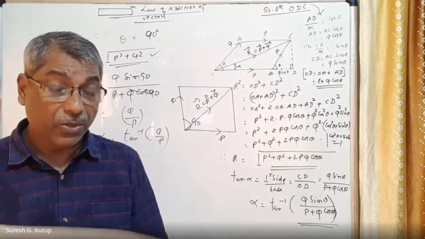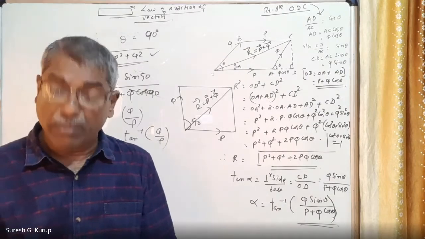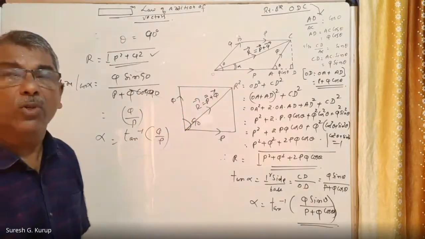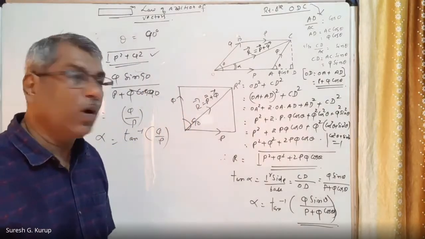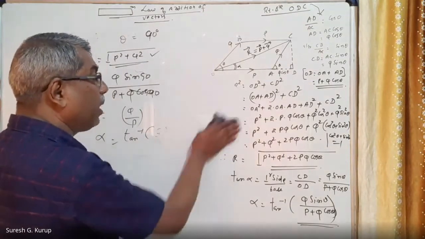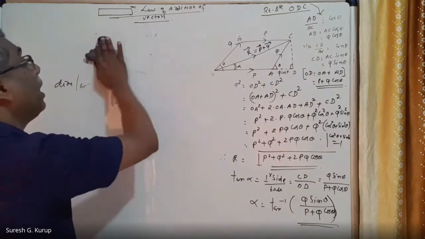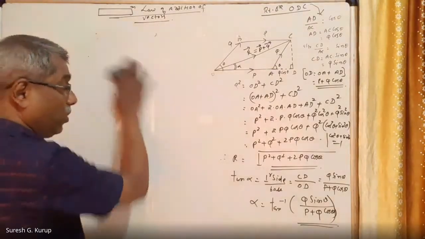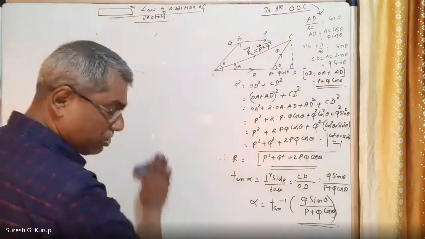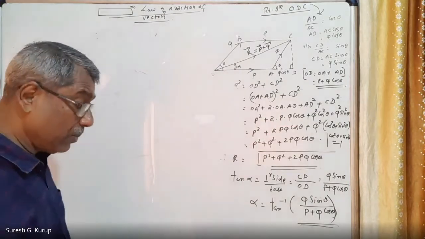Okay. So that also done. Next, if the two vectors are equal in magnitude, that means the two vectors P and Q have the same magnitudes, then what will be the condition? That also we'll see. So this is what you call the parallelogram law of addition of vectors, explained very well. I think it is explained very well. You can go through this video many times and try to understand it. Right? I think I have said every word accurately, right?